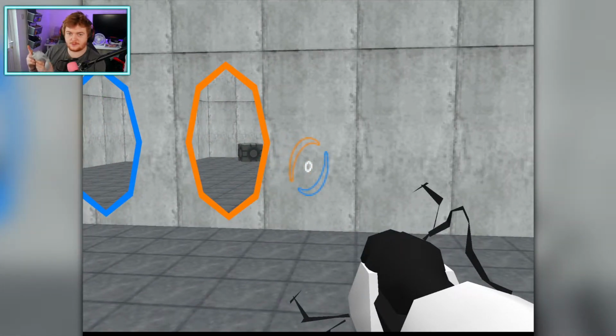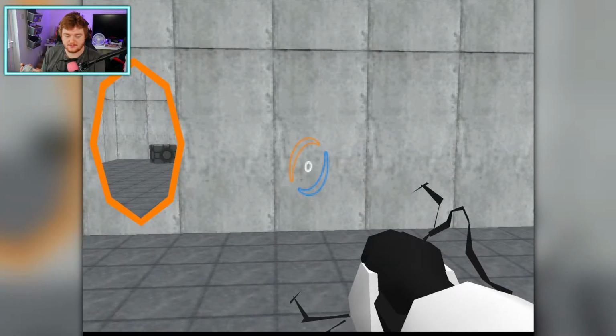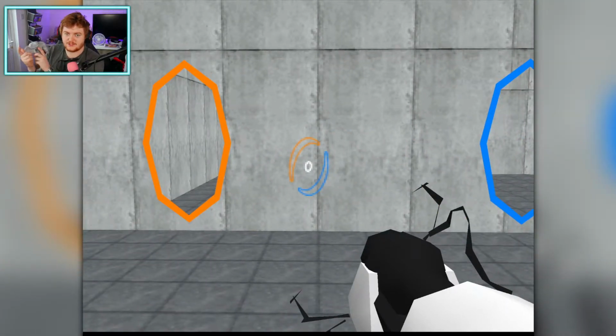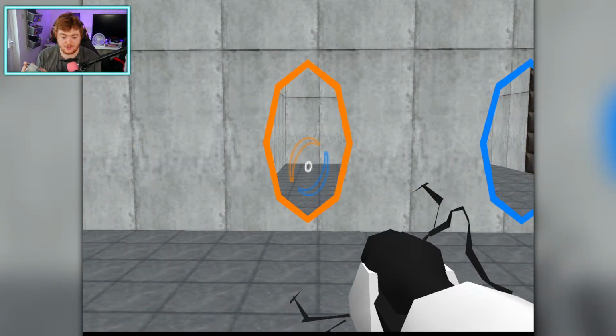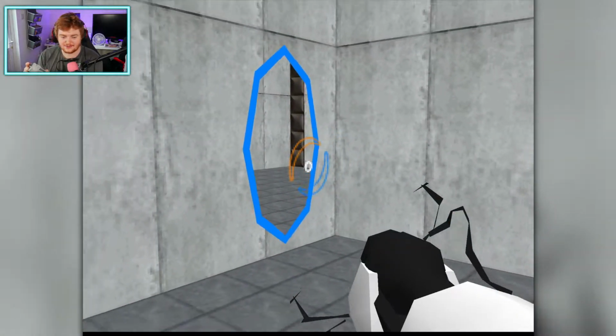But using the right bumper, what does the left bumper do actually? Nothing. The left bumper does nothing. Cool. Using the right bumper shoots blue portals, and the trigger on the back of the N64 controller shoots the orange portal, and the portals work. Look, I literally just